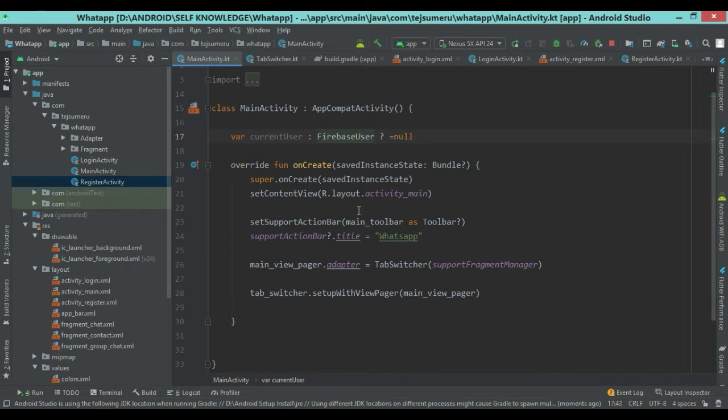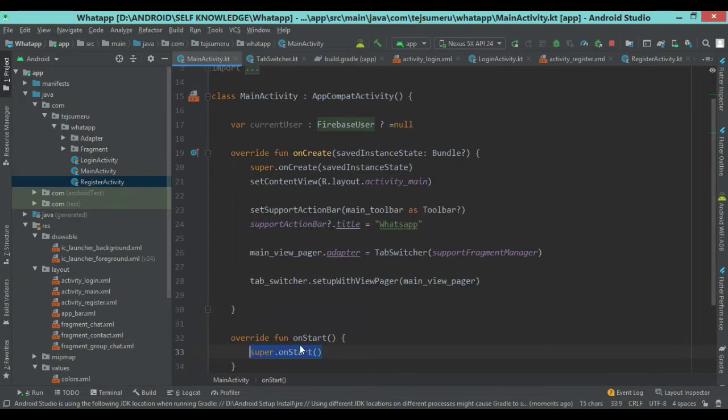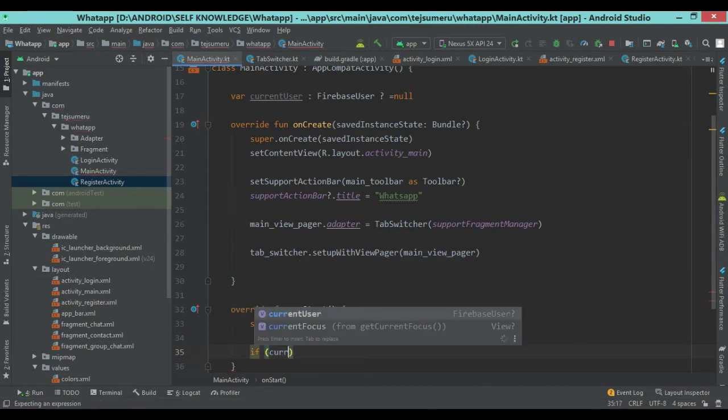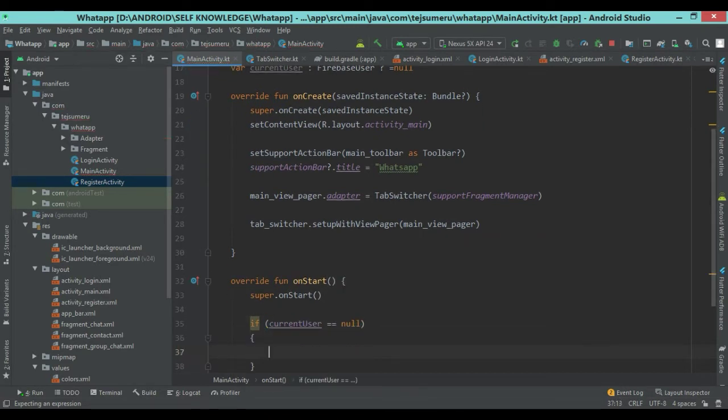Now we are overriding the onStart method of the activity, and in this we are checking whether the user is already logged in or not. So we are checking that if current user equals null, then we are redirecting the user to the login activity to attempt the login.